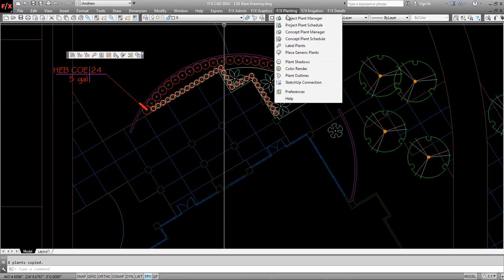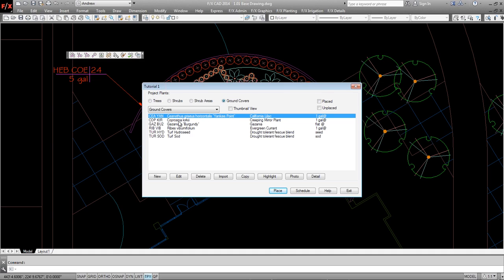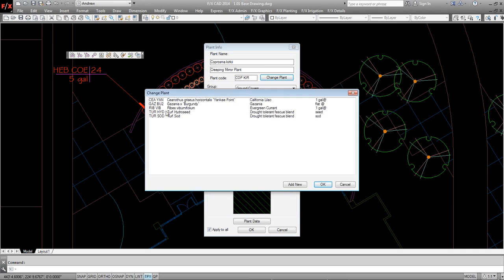So let's go up to Planting, Plant Manager, and we go to our ground covers. And for a lack of a better plant, we're going to choose Coprosma. And I want to just verify what symbol that is in the spacing. So I hit Edit. And maybe I want to, let's change that plant. Let's actually change it to,